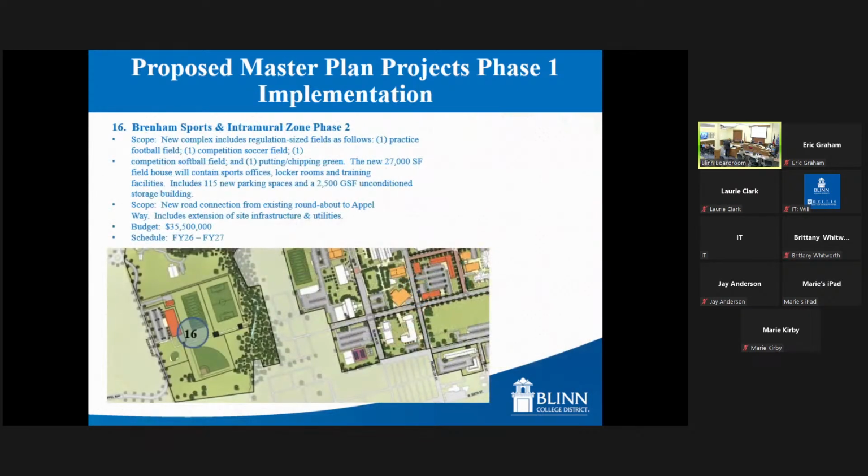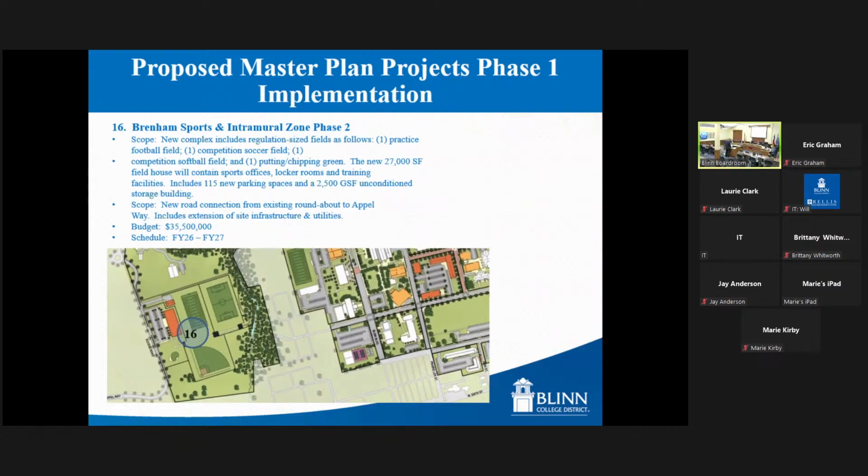And then our project that bridges us into phase 2. This is a phase 2 project, but we could begin planning towards the end of phase 1 and implement it very early in phase 2. This is the Brenham Sports and Intramural Zone. The scope of this would be a new complex on the 30 acres just south of the ag buildings. This complex would include regulation field sizes for one practice football field, a competition soccer field, a competition softball field, a putting and chipping green, as well as a 27,000 square foot field house for locker rooms, coaches' offices, training facilities,